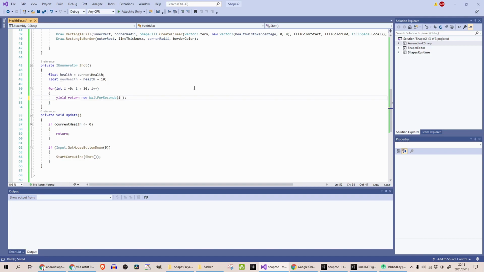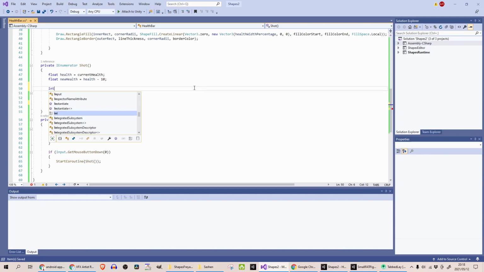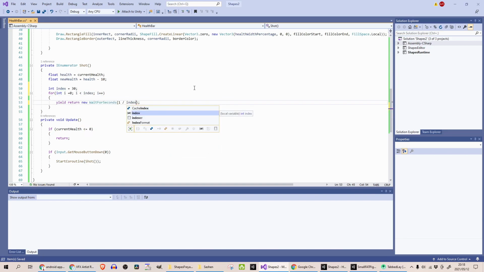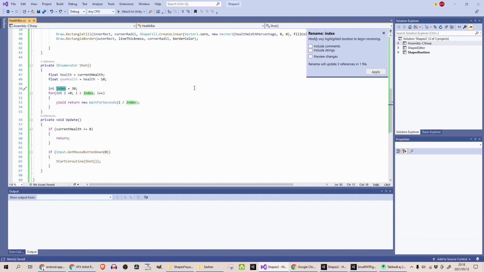Well, let's make it 1 second over. Let's create a variable here, and index equals 30. So 1 over index. To index. Okay, so